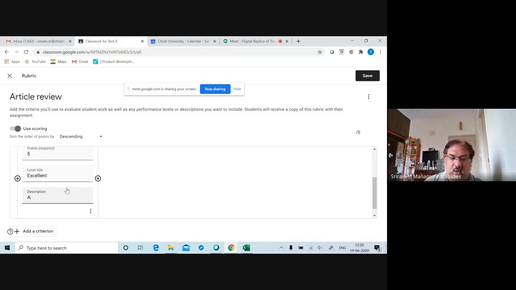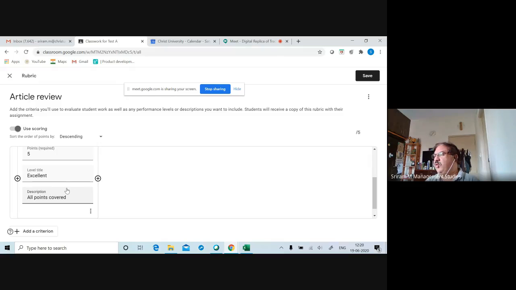All points. If you go to any website and search for rubrics or sample rubrics, you will come to know how rubrics are actually made. They have different formats.